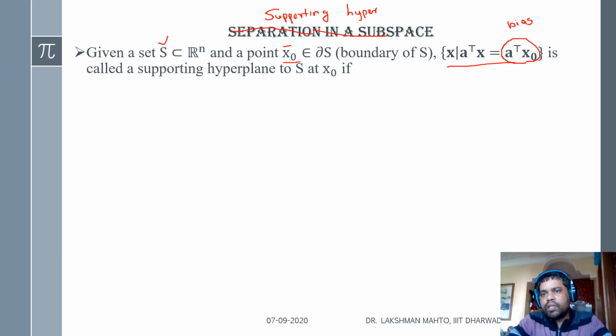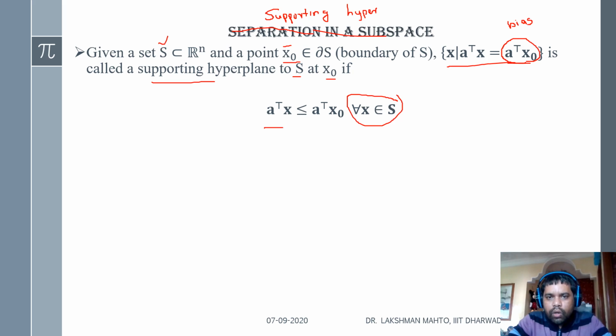You can easily see the difference between a separating hyperplane and a supporting hyperplane: in a general separating hyperplane the right-hand side is any general bias, but in a supporting hyperplane we take the very specific bias A transpose x naught. Then we call this hyperplane a supporting hyperplane to the given set S at point x naught,